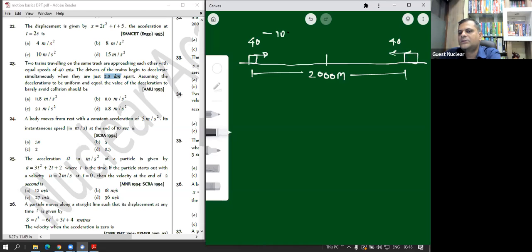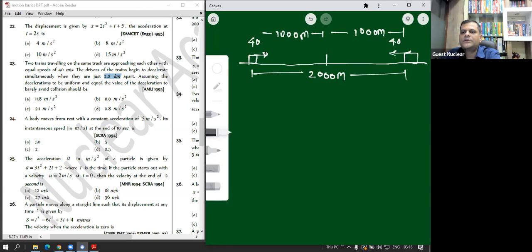ऑब्वियसली 1000 मीटर डिस्टेंस ट्रैवल करना पड़ेगा, राइट? एंड ऑब्वियसली सेकंड वाली ट्रेन को भी उतना ही, मतलब 1000 मीटर डिस्टेंस ट्रैवल करना पड़ेगा क्योंकि इन दोनों की इनिशियल वेलोसिटीज भी सेम है और इनिशियल एक्सेलरेशंस भी सेम है, कांस्टेंट है. तो इसलिए अभी हमारा जॉब ये है कि वी हैव टू फाइंड आउट द